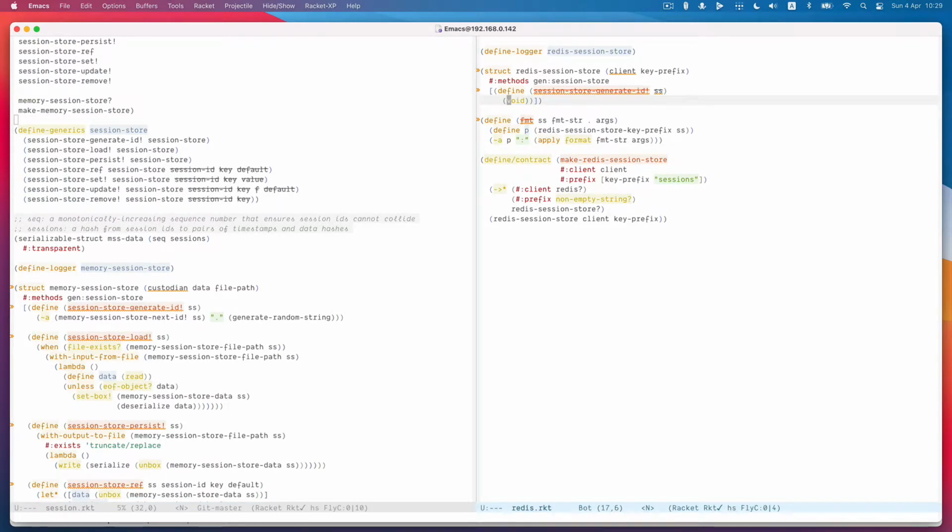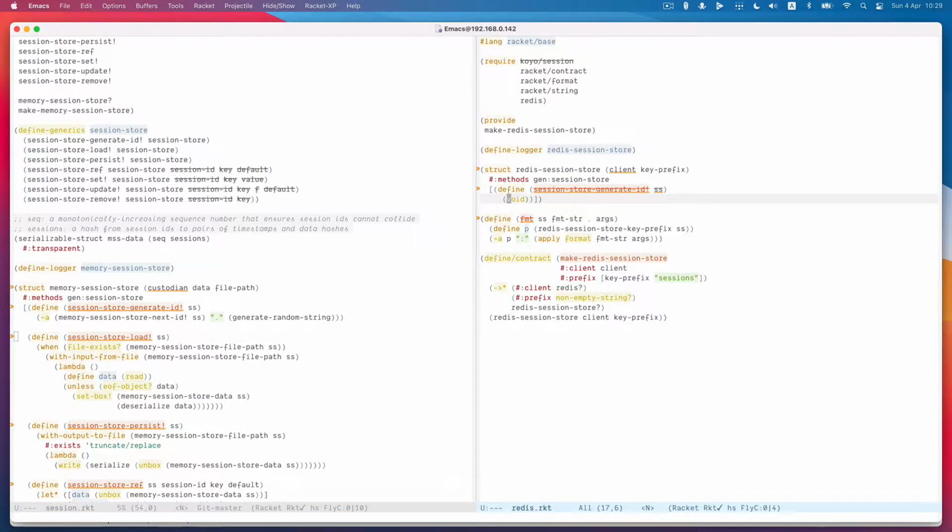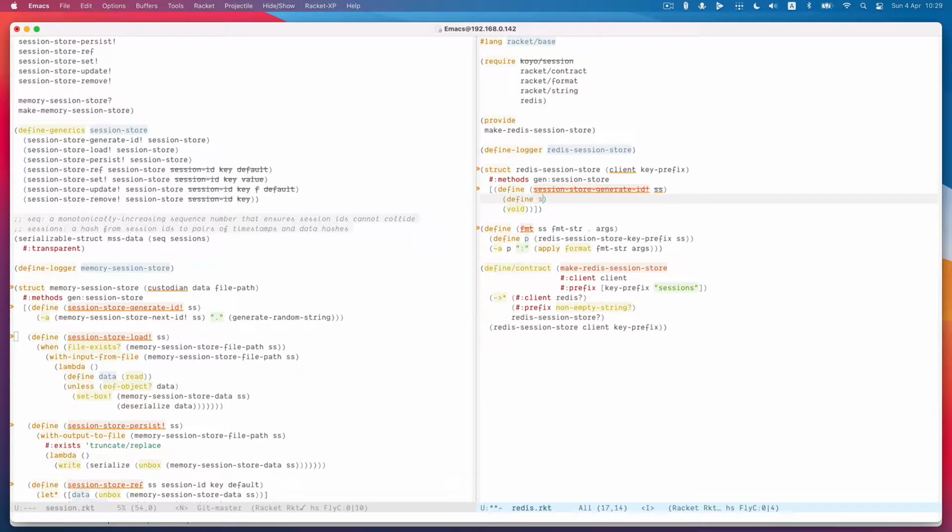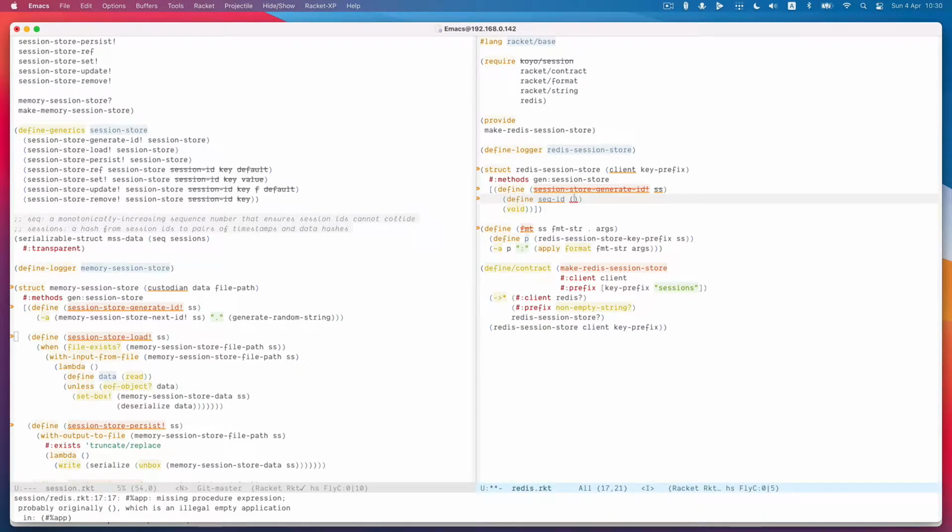So when we generate an ID, it looks like over here what we do is we just generate a sequence number followed by a random string. So maybe let's do the same thing over here. We'll maybe make sequential ID,